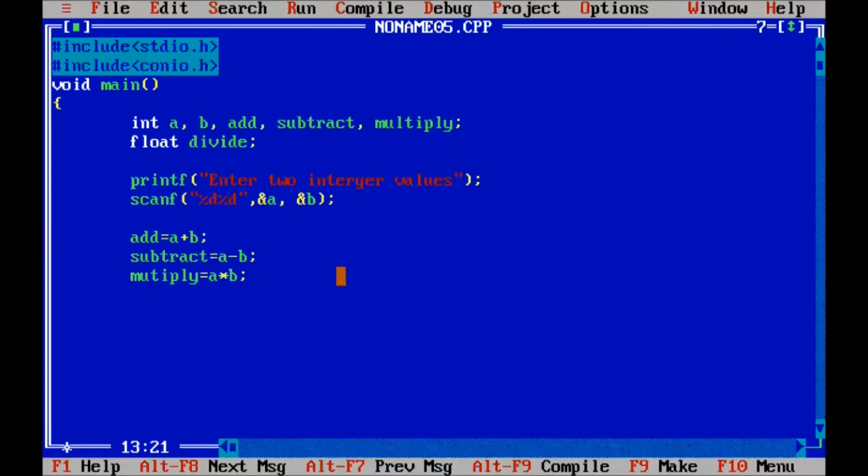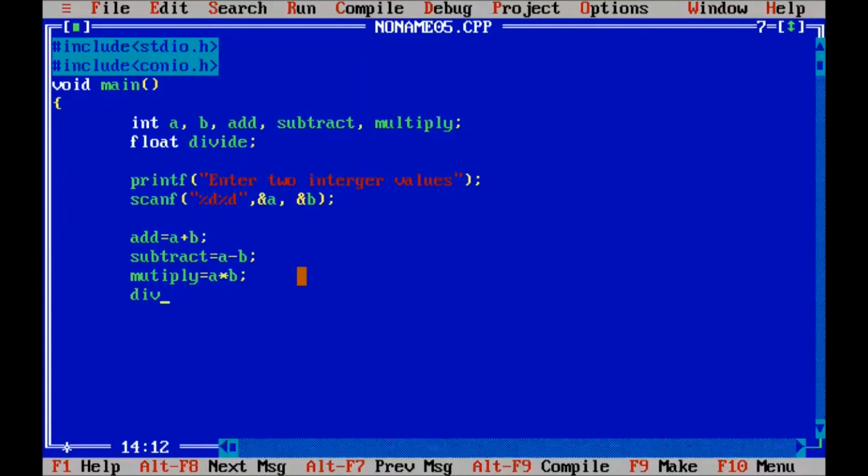We use the same names as in the declare part, so we should use multiply equal to a multiply b.